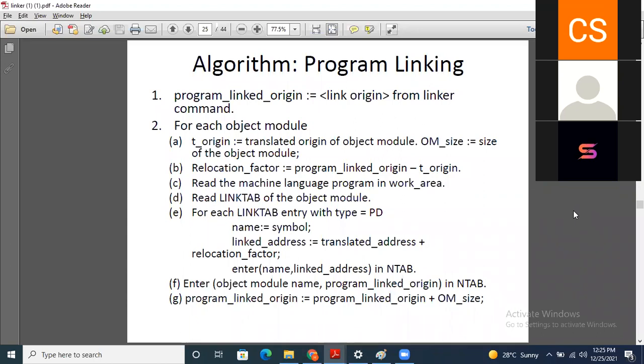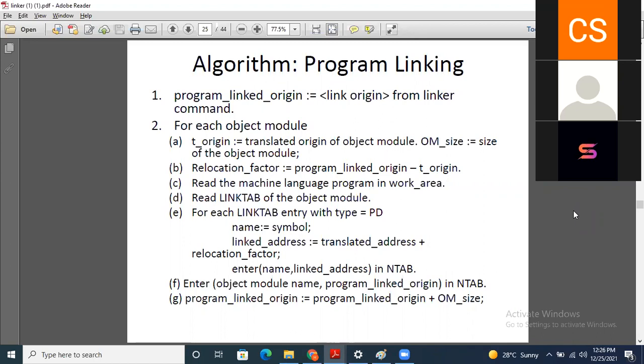Then for each link tab entry with type equal to PD, it will read the symbol and initialize the name, and it will calculate the address, that is translated address plus relocation factor, and assign it to the linked address.